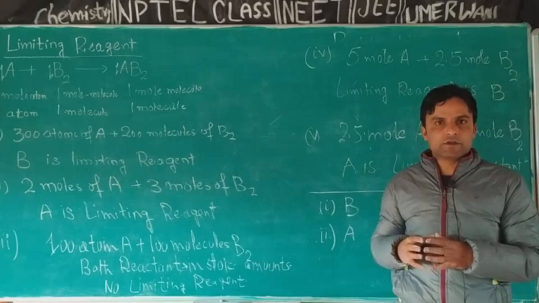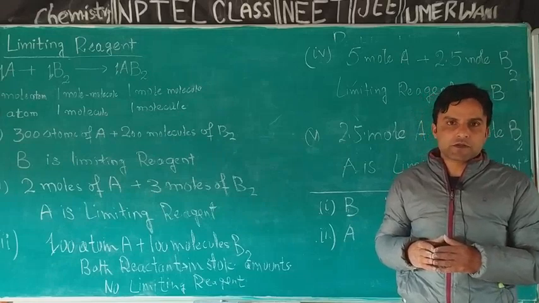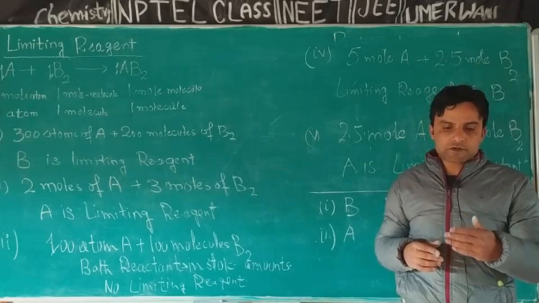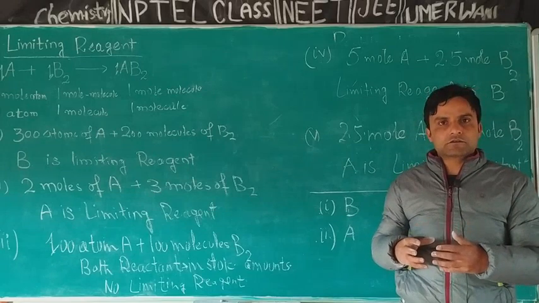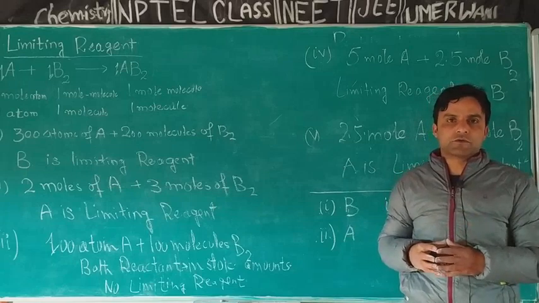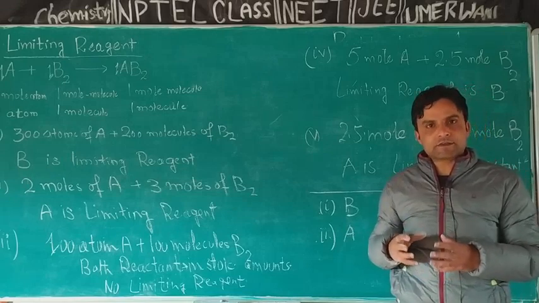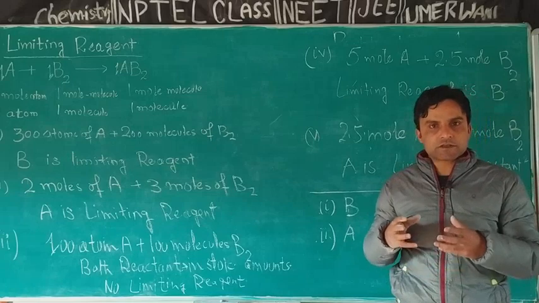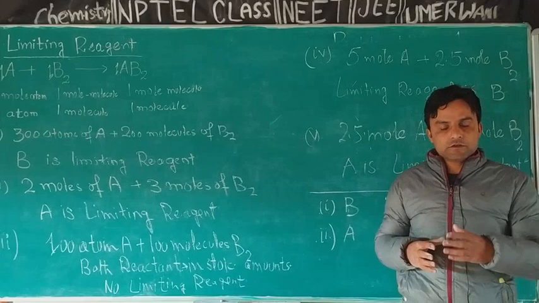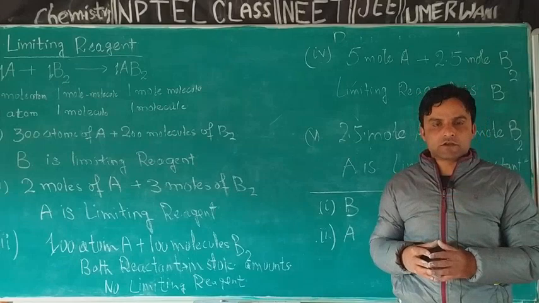It reacts completely, nothing is left behind, and it is this limiting reagent that decides the fate of the reaction: how much of the other reactants, in terms of mass or moles, is consumed and how much product is formed. The other reactant, which is present in excess, whose available amount is greater than the stoichiometric amount, is called the excess reactant. At the reaction end, there is always some amount of that reactant left